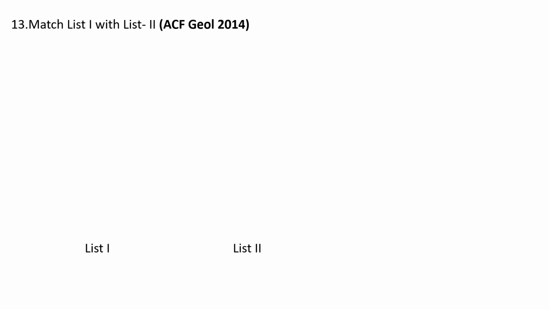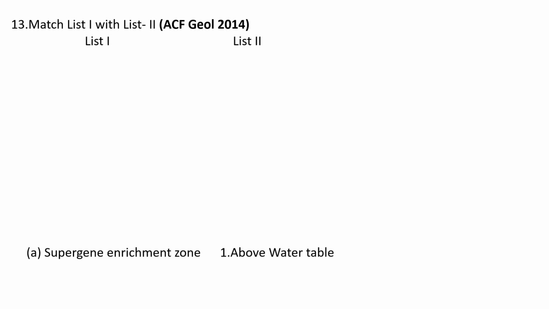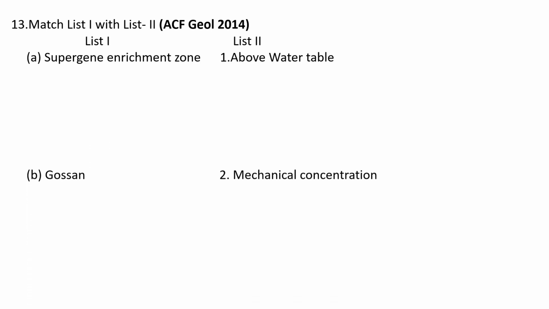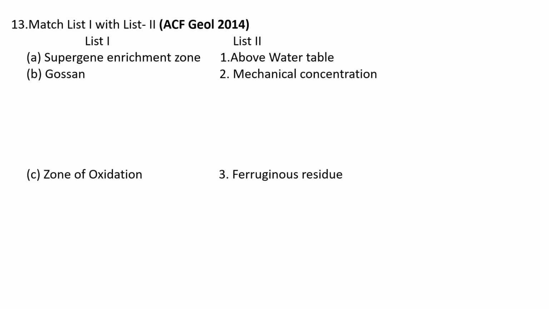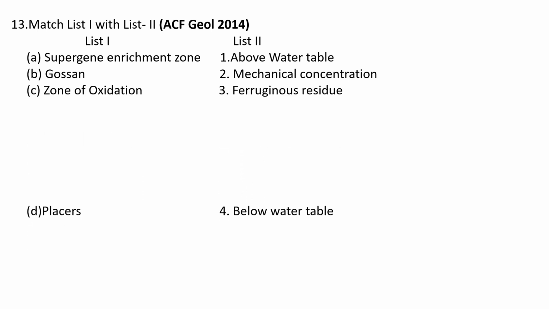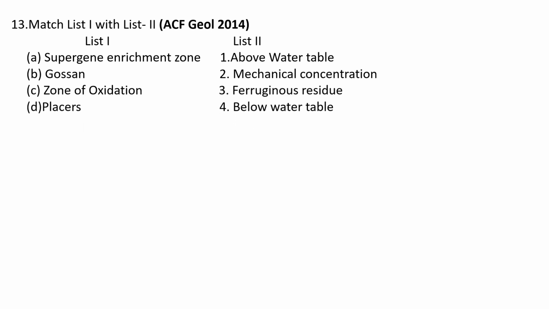Here, match list 1 with list 2. In list 1, A, supergene enrichment zone, B, gossan, C, zone of oxidation, and D, placers. In list 2, 1, 2, 3, 4 are given: above water table, mechanical concentration, ferruginous residue, below the water table. So you have to choose the options like A, A4, B3, C1, and D2; B,